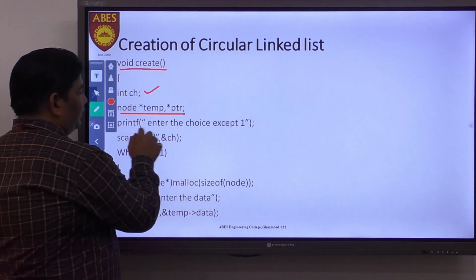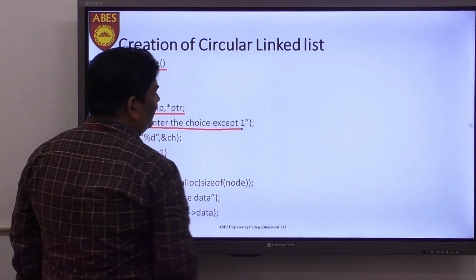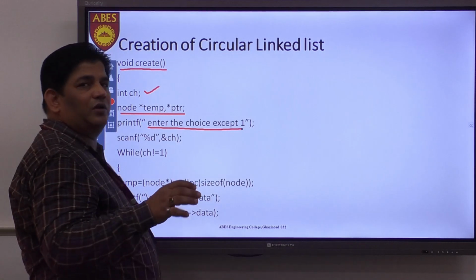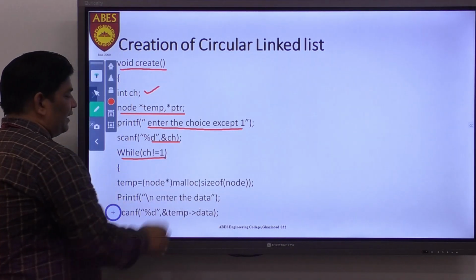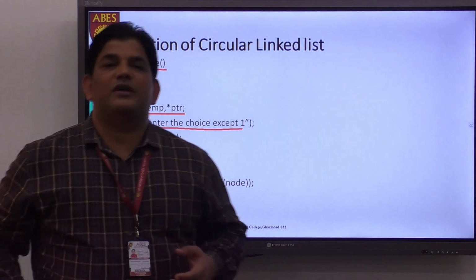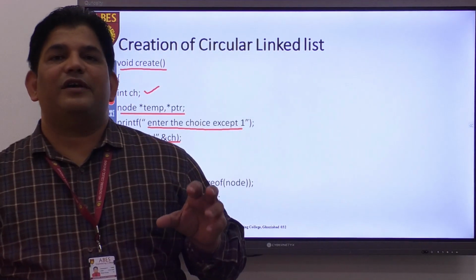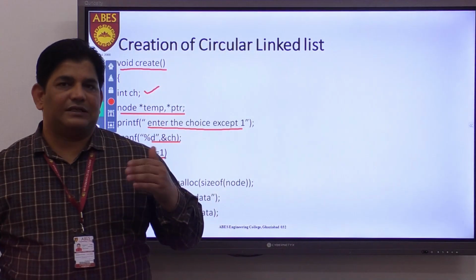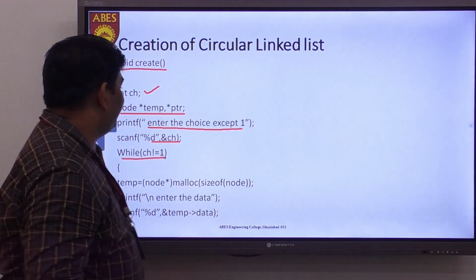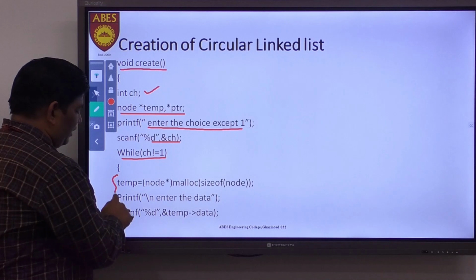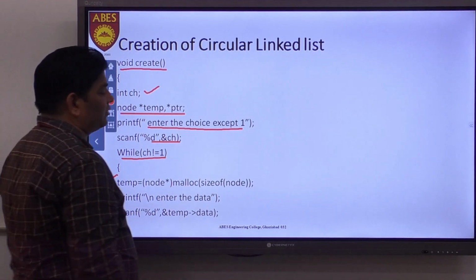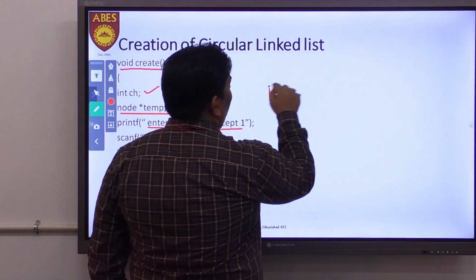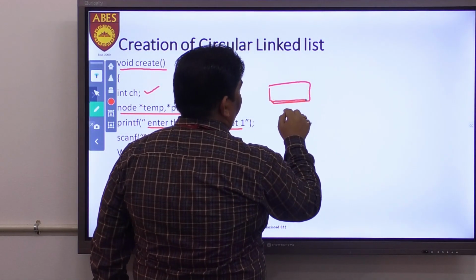And then take the user choice except one, because at the choice 1 this loop terminates, and then you can take the choice, and then condition says that while the choice is not equals to 1. When the choice is not equals to 1, that means if your choice is 1, then this loop terminates. If the choice is other than 1, this loop continues. In this case, you are creating what? A local node here, that is temp equals to node star, the malloc, the size of node. So you are creating here the one node which is named as temp.